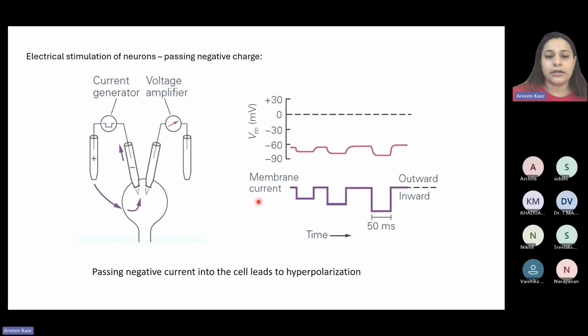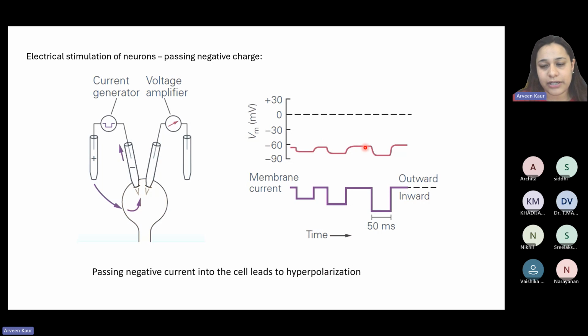Also, not just to read the potentials that are actually present in the cells, such apparatus and electrodes can actually be used to stimulate the neurons also. So if we stimulate the neurons such that we are giving negative current into the neuron, right? It is already negative inside, right? If we are giving more negative current, it will go further negative, further more negative, right? Like we were talking about.